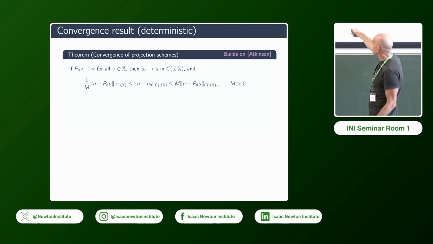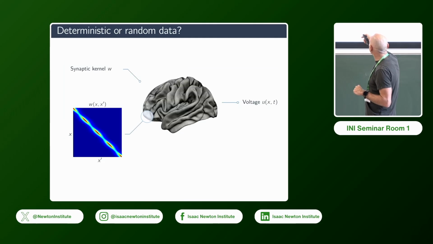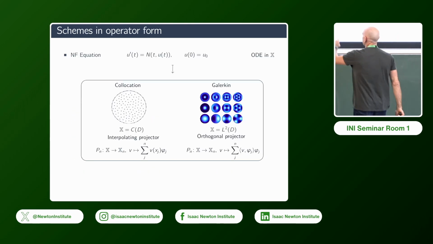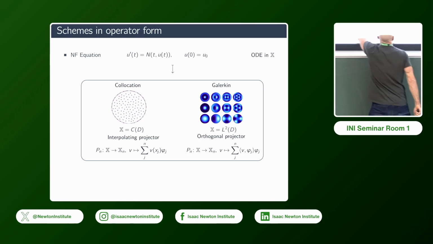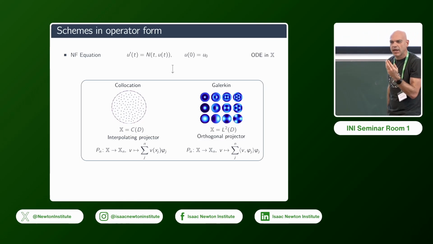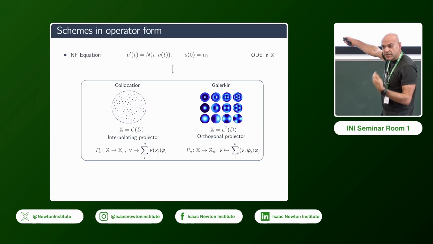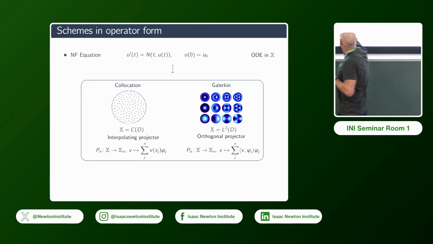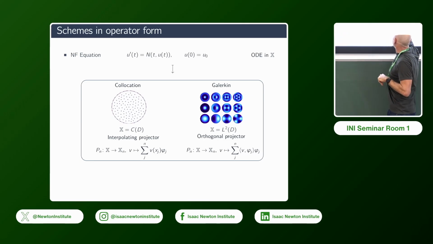So U is the true solution. P_n is one of the projectors that I've used. So this is either a collocation, sorry, I'm a victim of my own slides. So P_n is the projector that is either an interpolation projector or an orthogonal projector. Do these terms mean anything? I'm just asking, am I helping? So P_n is a projector. So P_n times U is how the projector approximates a function. So in this case, if you decide to have an interpolation projector, you have an interpolation error.